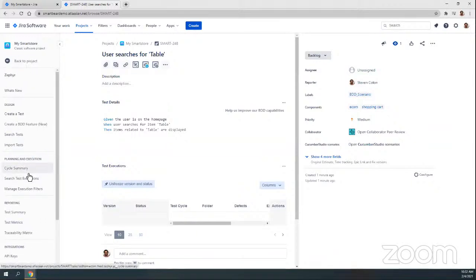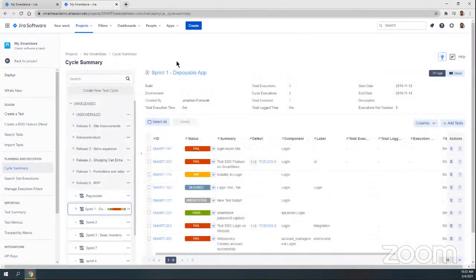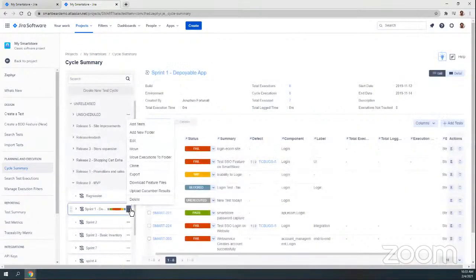So once you get to executing these BDD tests, or these tests using Gherkin syntax rather, you can either manually, if they're manual tests, go in and update the test execution results, or using Zephyr for Jira, you can export feature files using the test. So maybe you may have some tests already defined using Gherkin and BDD that you want to upload into Zephyr